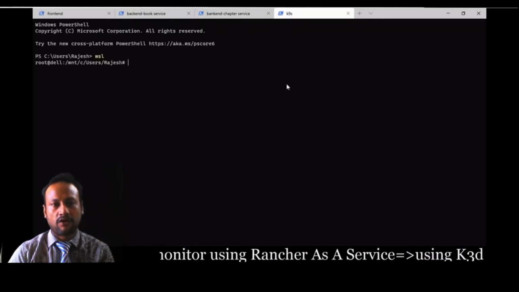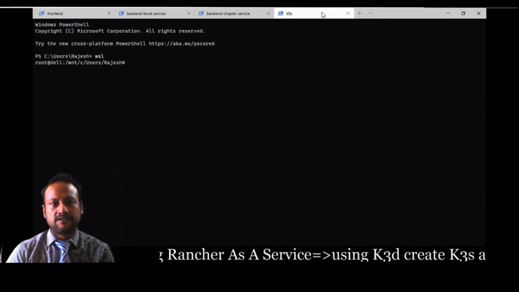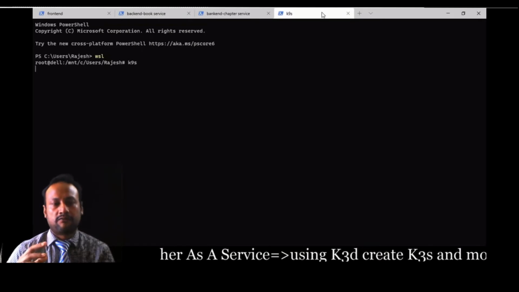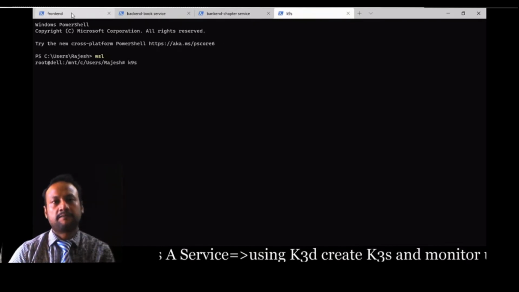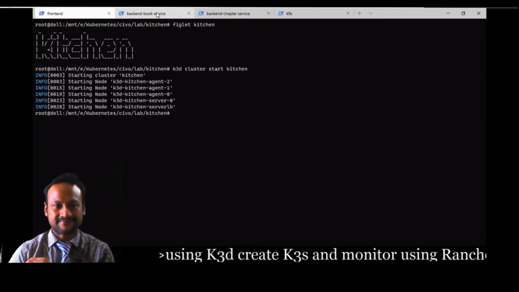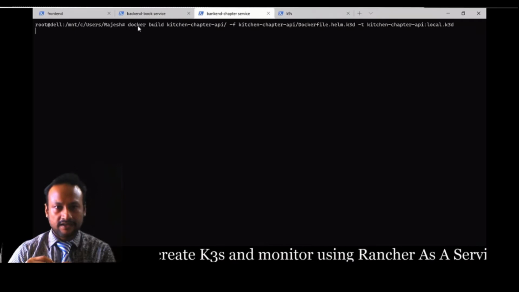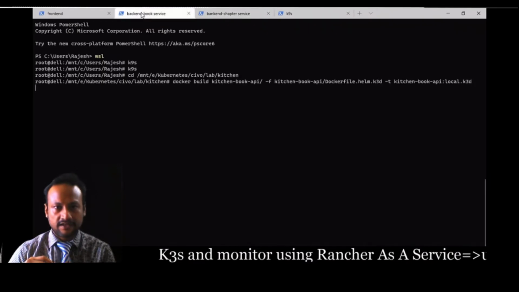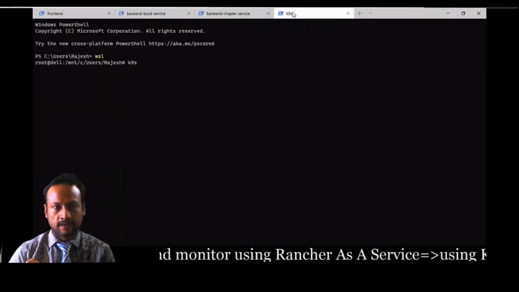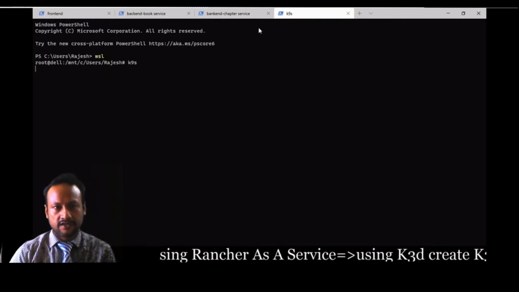And in order to monitor this, I have the K9s tool, which will help us to watch this namespace and the status of our microservices. Let's wait for it.